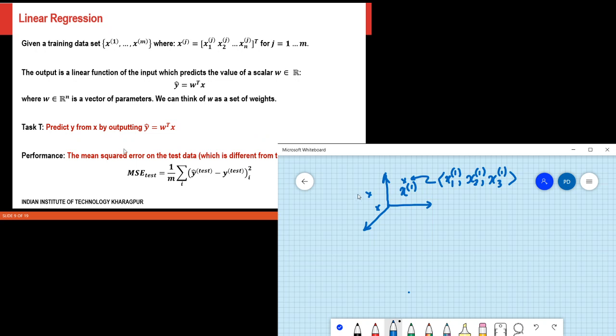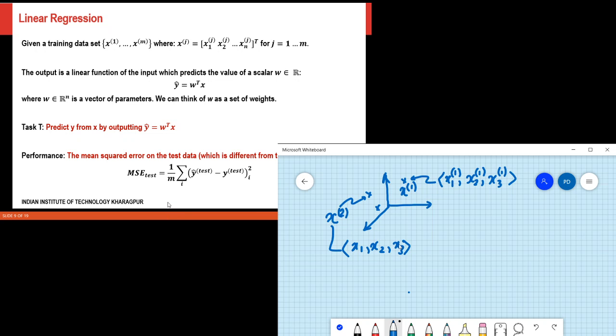Similarly, I may have another point here, which is this one, and that may be my data point 2, so x2, and that is also a three-dimensional vector having the dimensions x1, x2, x3.